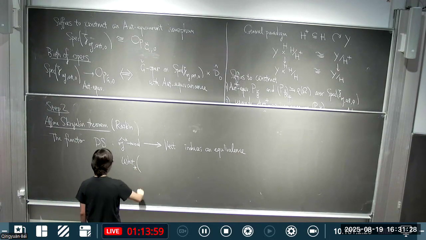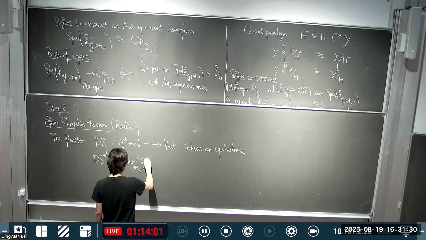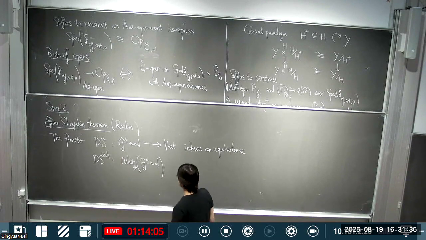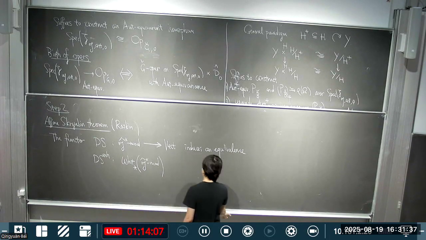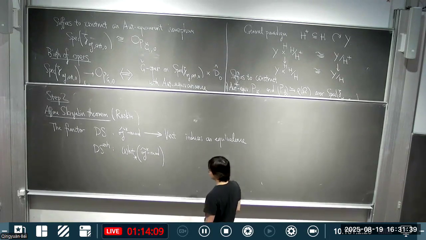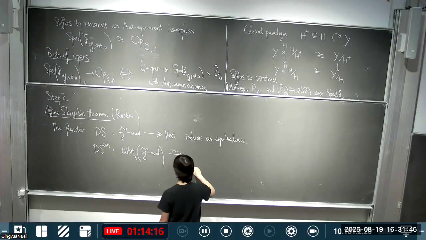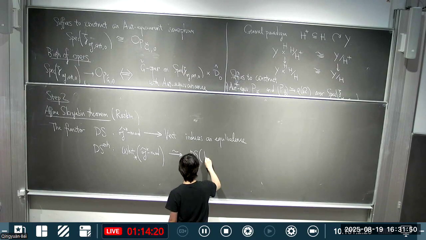Whenever you have a category acted on by the loop group, it makes sense to perform this operation. And it showed up already in Andrea's talk for the special case of the modules on the affine Grassmannian. So it asserts that this is equivalent to DS applied to the vacuum